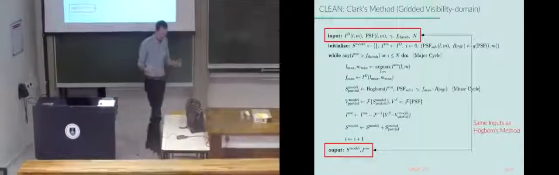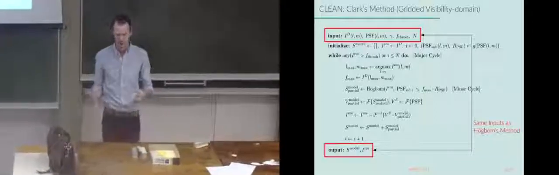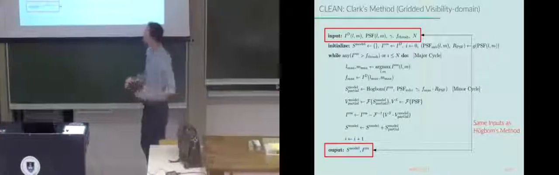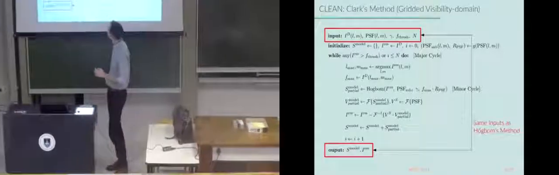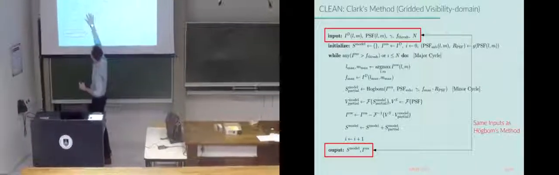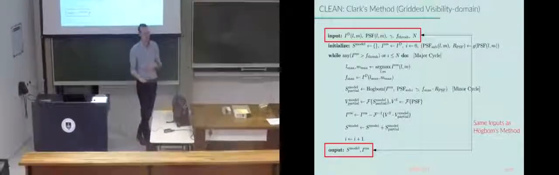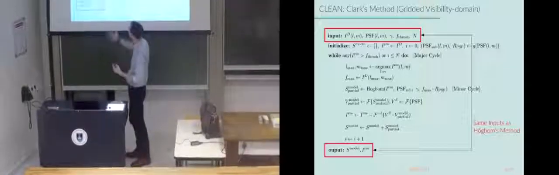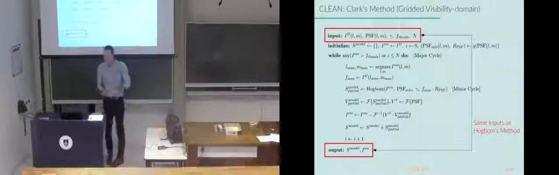What's happening there is that because we're subtracting off everything in visibility space, we are not introducing imaging domain artifacts, which show up when you use Högbom. You can see this is a slightly more computationally expensive thing to do, doing Fourier transforms between visibility and image domain. That's okay. Computers are much faster than they were in the 1980s. So we do this, and then we update the sky model with this partial set, and we repeat.